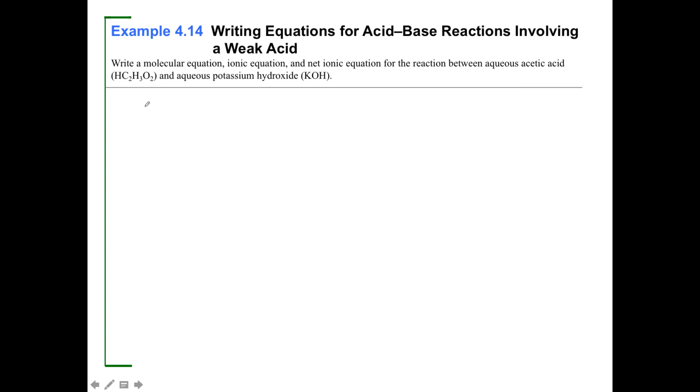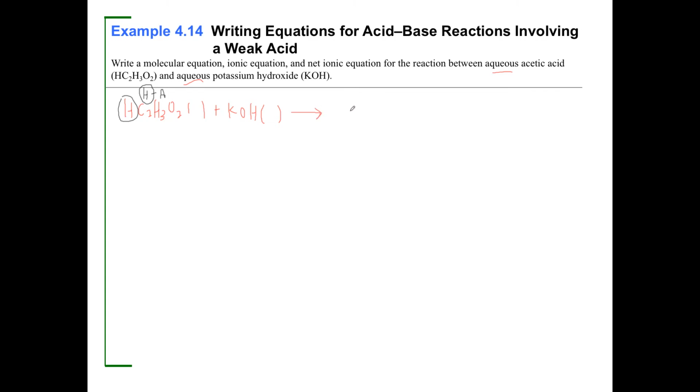The molecular equation is HC2H3O2, which, by the way, looks a lot like HA, where that's my H, and here's my H, right? And the A just stands for that acetate, I guess. Agreed? I'll put the state in just a minute, plus potassium hydroxide. I'll put the state in just a minute. It says aqueous and aqueous. That should be easy. Produces,